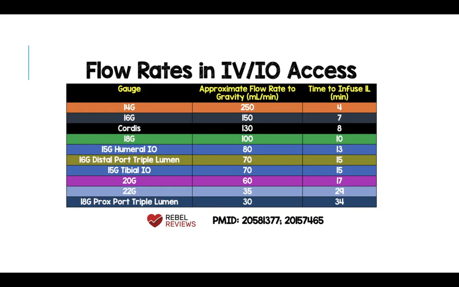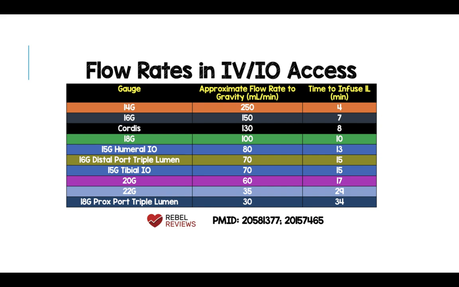And then the third study showed that a 15 gauge humeral IO with a flow rate to gravity is 80. Time to infuse a liter is 13 minutes versus the tibia site. A flow rate is 70, and then time to infuse is 15 minutes. This last study was done in cadavers, so